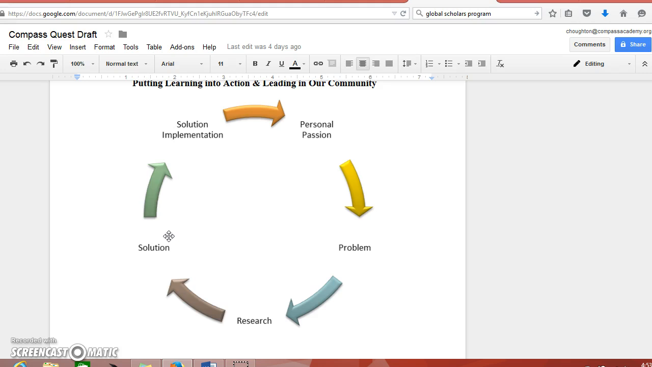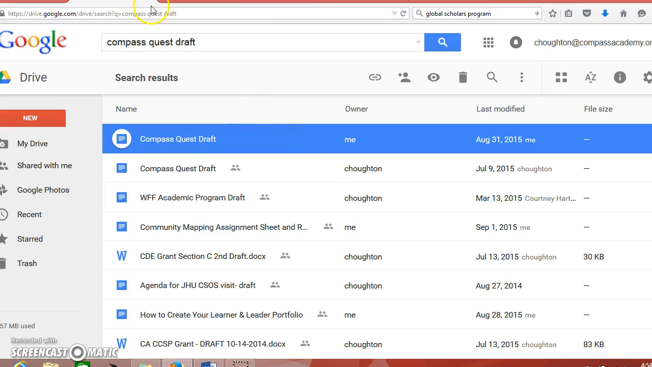Immediately in our community, and then also maybe bringing awareness for global projects. So that is Compass Quest in a nutshell. There's a lot more to it, but I think that might give you a good idea of the genesis. And let's remember that anytime you need to access